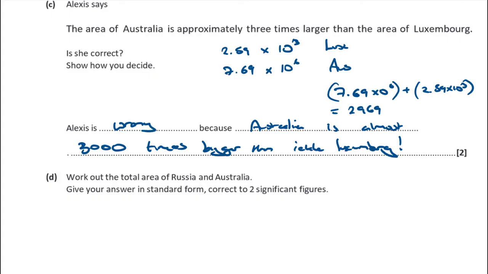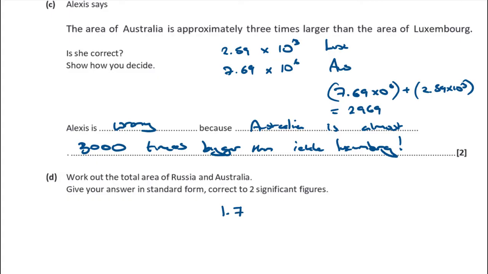Okay, work out the total area of Russia and Australia. Give your answer in standard form to 2 significant figures. Okay, so I'm going to add these two together. Again, it's a calculator paper, so I'm just going to use the calculator function to do it. So